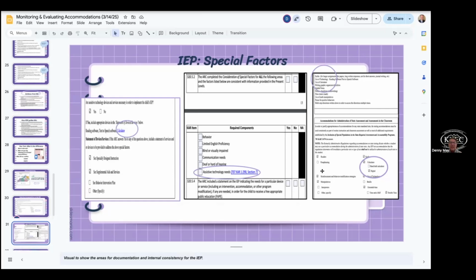And then it says the ARC completed the consideration of special factors for all of the following areas. We certainly have some problems with behavior, but we're going to focus on assistive technology needs today, because that's the one that needs to be checked if we check the box. So when we check that box, we check assistive technology needs.